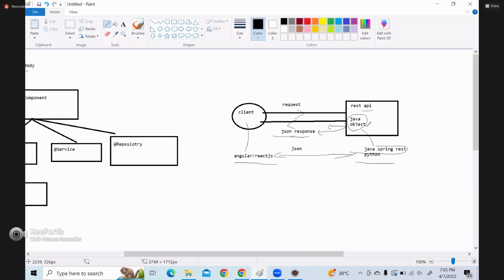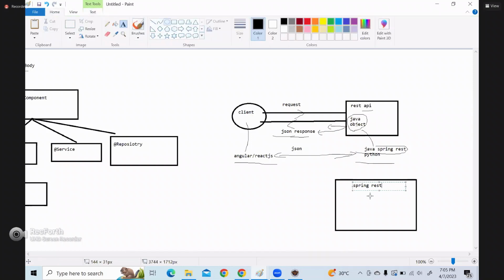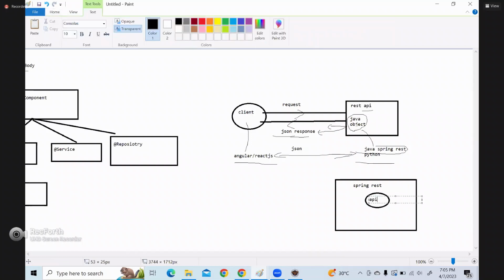That means there should be a converter we handle in the REST API. Suppose I'm developing this service layer with Spring REST. Now I developed an API, and this is returning a